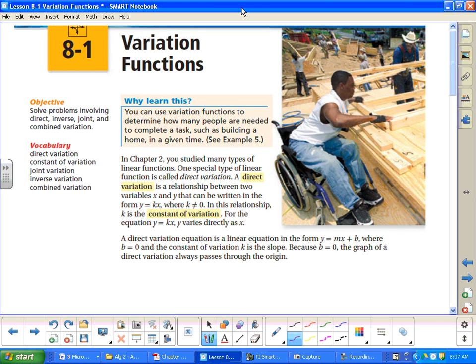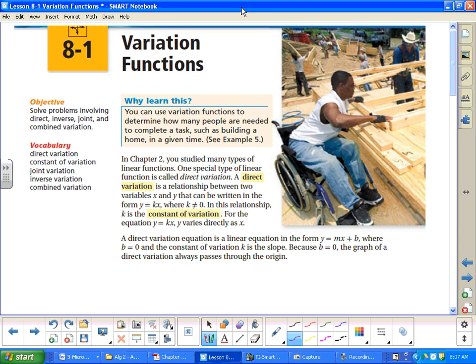Okay, variation functions. So today we're going to look at all the different types of variation functions. There's direct variation and inverse variation and joint variation. Those are the basic three that we're going to be looking at. And so this is basically a review of what we have done in the past with all the different variations